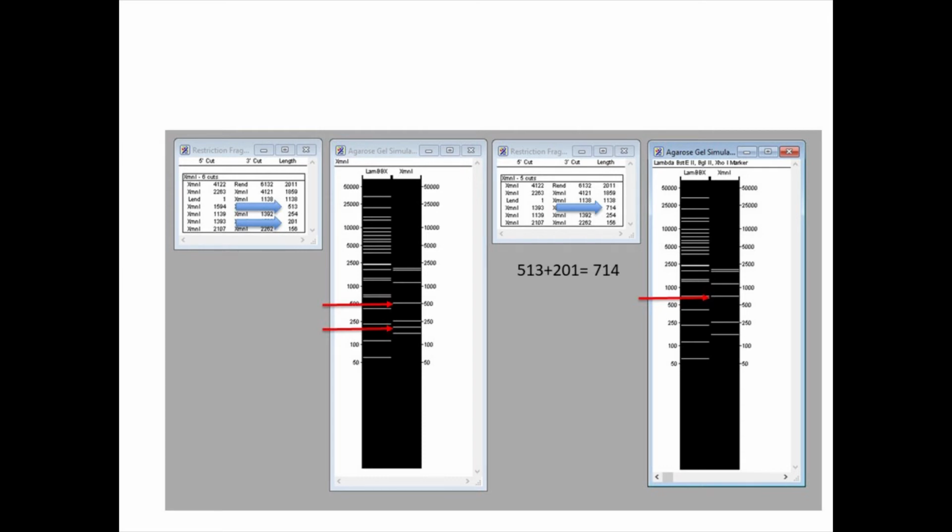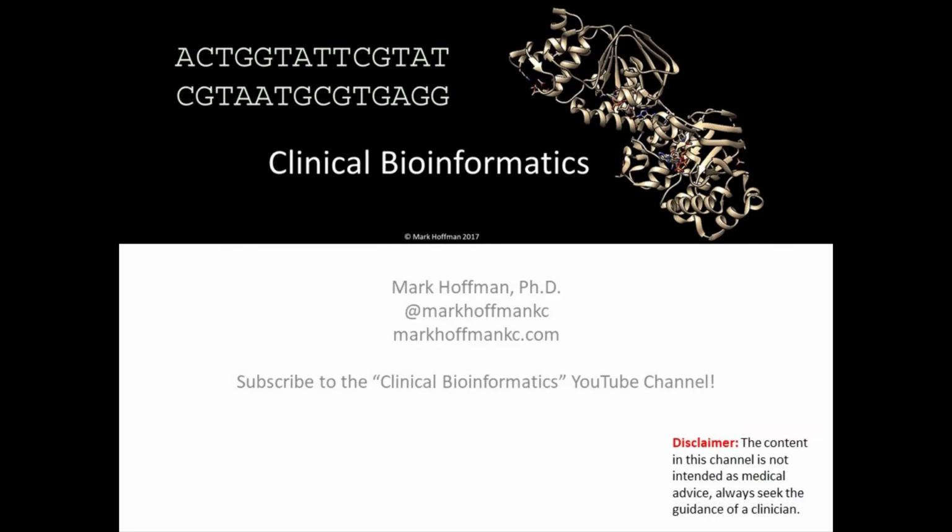And then when you compare the banding patterns, you can see the difference in results. This shows how this can be a very nice diagnostic test. So in this session, we've simulated a gel electrophoresis